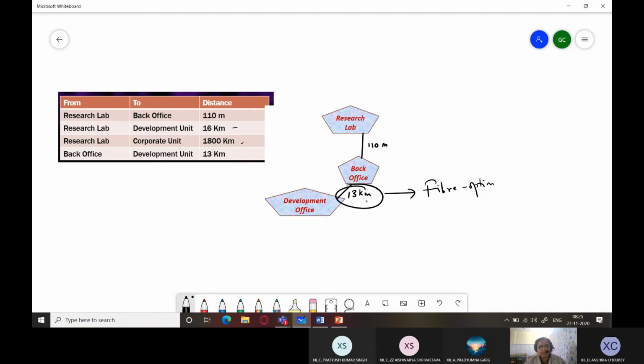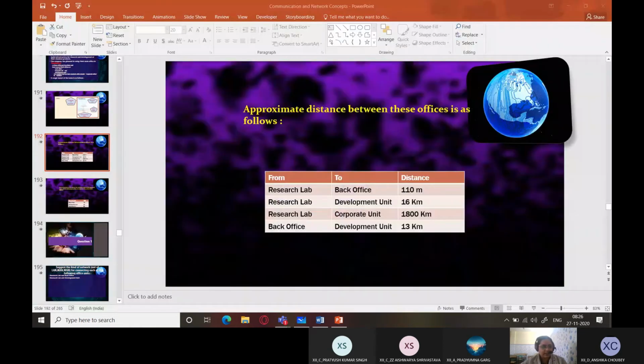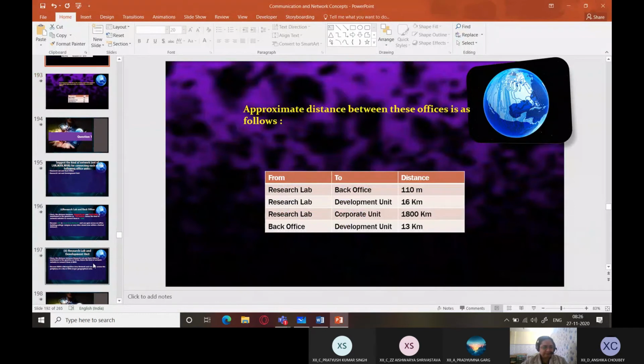So over here, fiber optic cable would be very good for high speed data transmission, and it would be costly, no doubt, but it would be quite cost effective, and its maintenance would also be easy, because we won't be requiring a number of repeaters over here, right? So this is how you have to analyze every question.